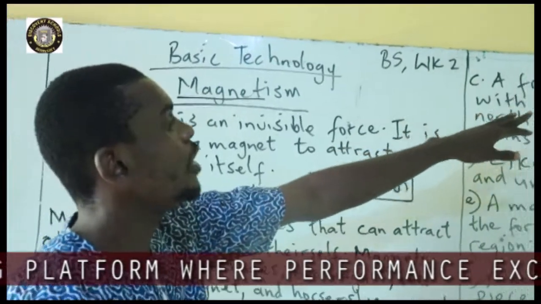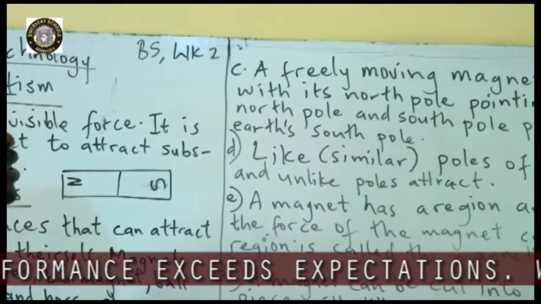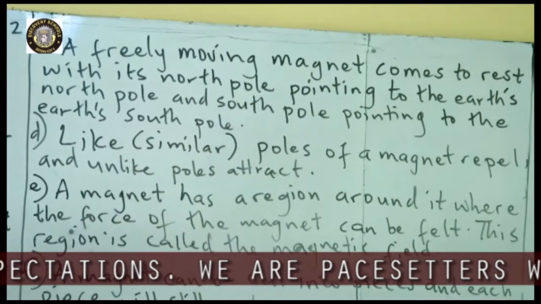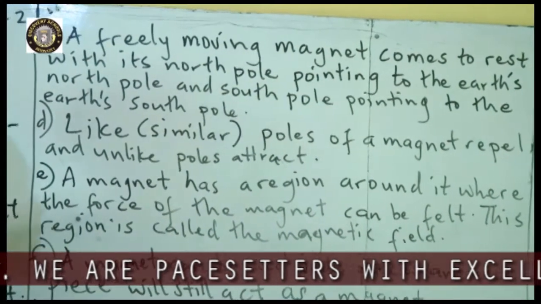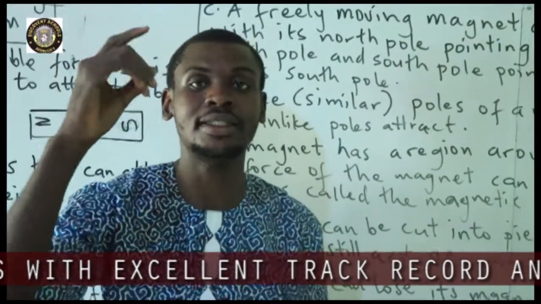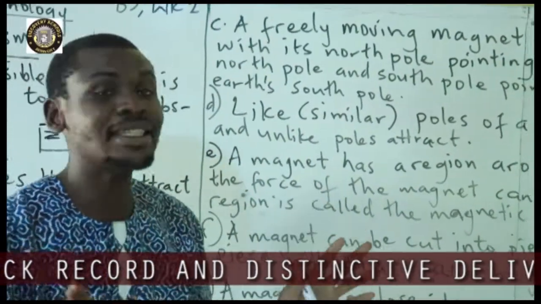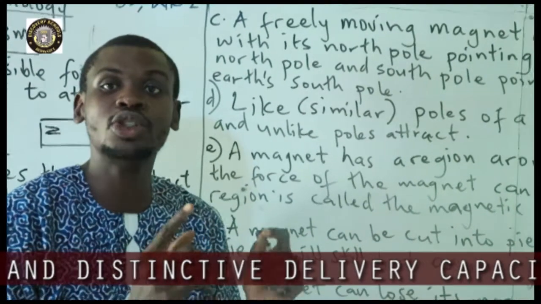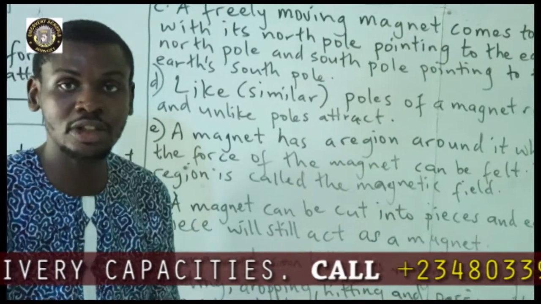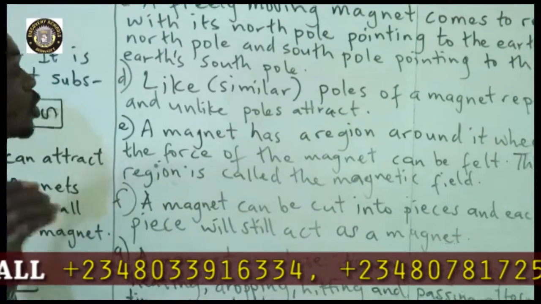Now next, a freely moving magnet comes to rest with its north pole pointing to the earth's north pole and the south pole pointing to the earth's south pole. Now, what that means is this: if, for example, I suspend a magnet, let's say using a thread, and let it roll freely, it will rest at a point whereby the north pole will be pointing approximately to the north pole of the earth, while the south pole will point to the south of the earth. So that's what happens when you suspend the magnet